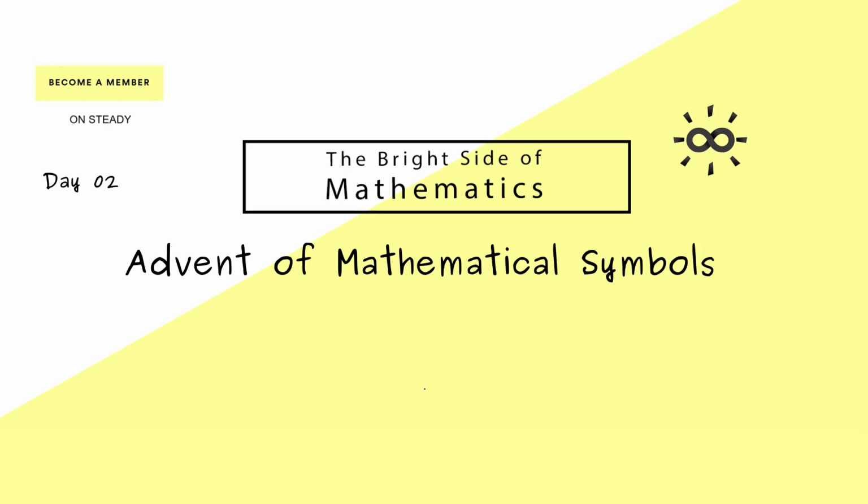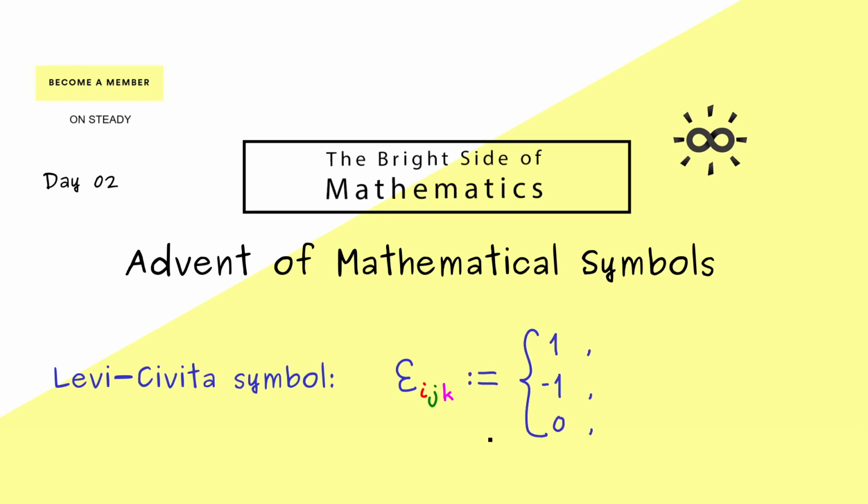The mathematical symbol of today is the Levi-Civita symbol, which is written as a lowercase epsilon with 3 indices i, j and k. This symbol represents exactly 3 numbers. It's either +1, -1 or 0. And we distinguish these 3 cases depending on in which order the numbers 1, 2 and 3 occur in the indices